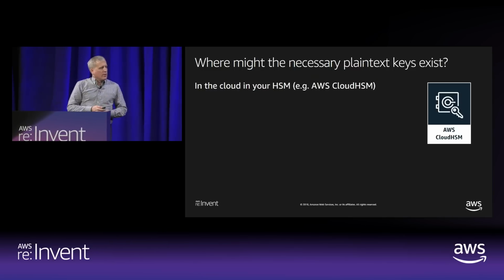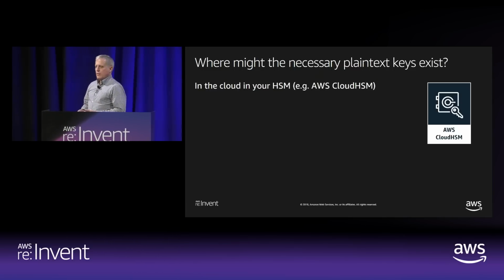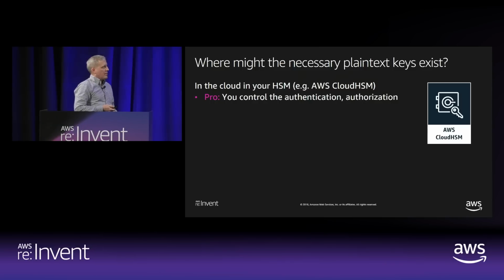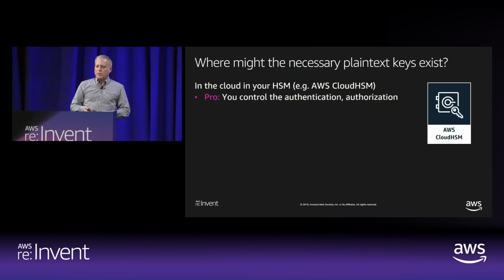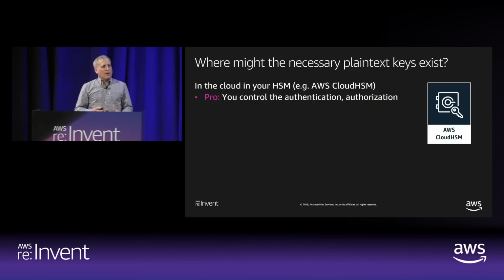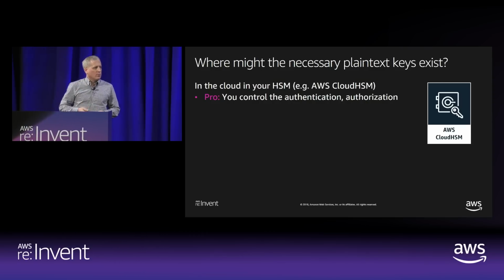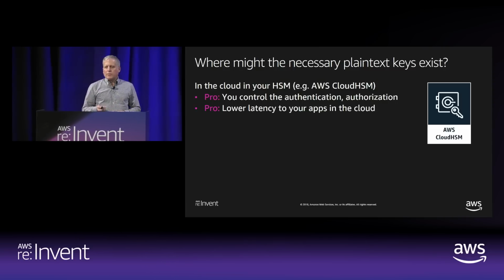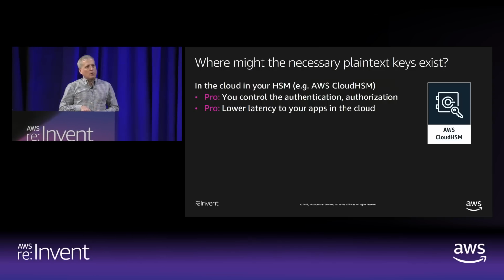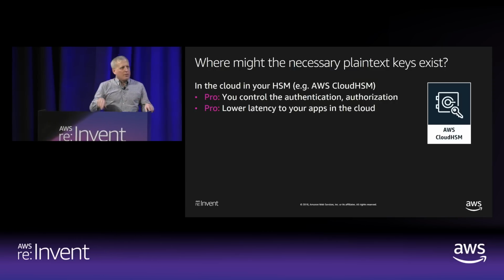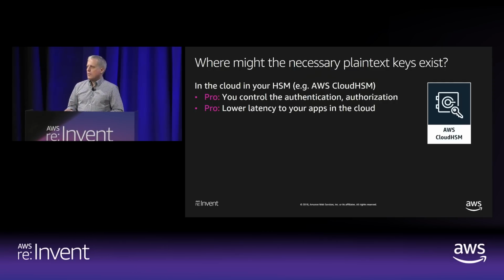So, second choice is maybe you take a dedicated HSM, but it exists in the cloud. So now you potentially reduce the time it takes to provision a device. You still control the authentication and authorization mechanisms, so your cloud provider can't see the passwords that you use. They can't control the crypto officer or the crypto user. You get to own that. Because this device is now closer to the EC2 instance or the S3 bucket in that particular region or availability zone, you get lower latency, so decryption and encryption happen faster.